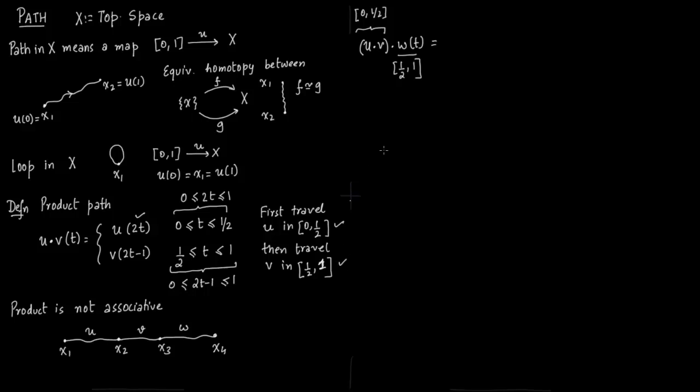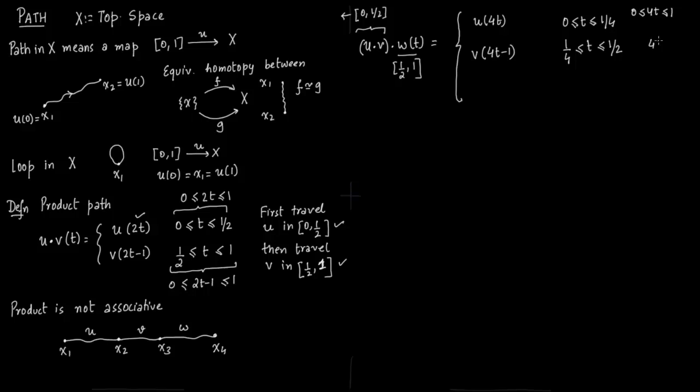For the product of u and v, we will write the first half, and then for w, we will write t goes from half to 1. Now between u and v, we again have to split this interval 0 to half in two parts, first for u and then for v. So for u, you will have 0 to 1 by 4, and v will have to travel from 1 by 4 to half. So therefore you will have u of 4t, and here you have v of 4t minus 1, and finally you will have, now again I want you to notice that